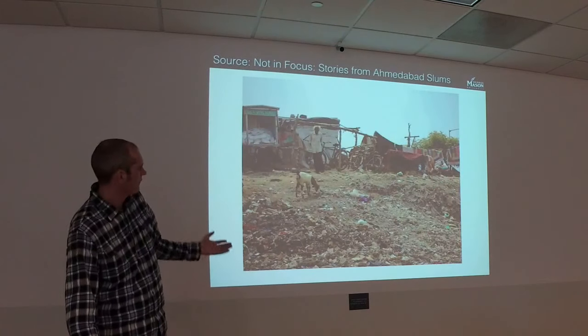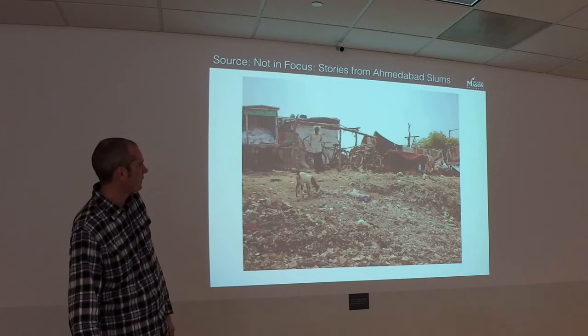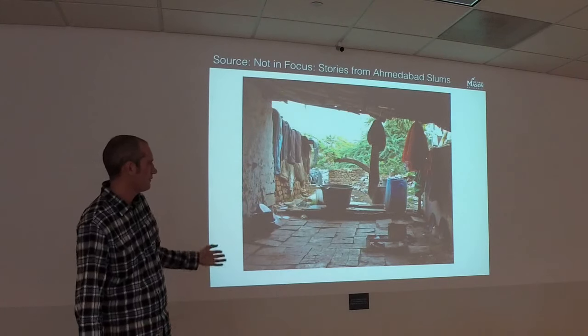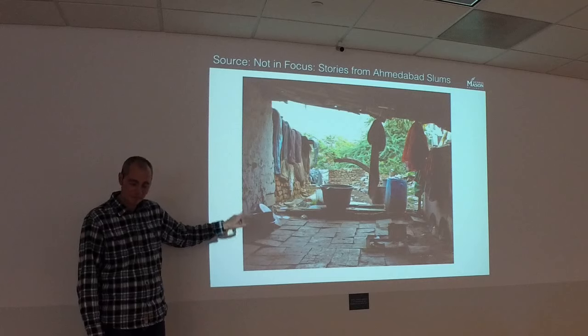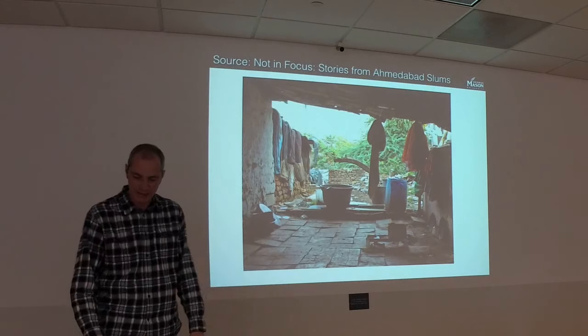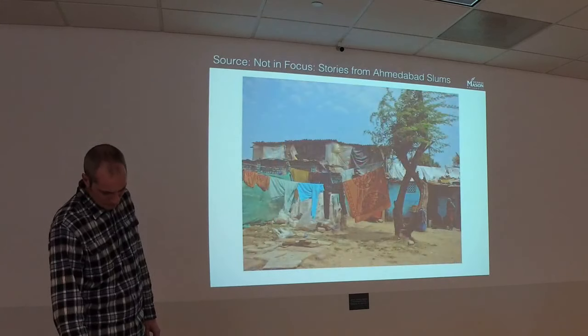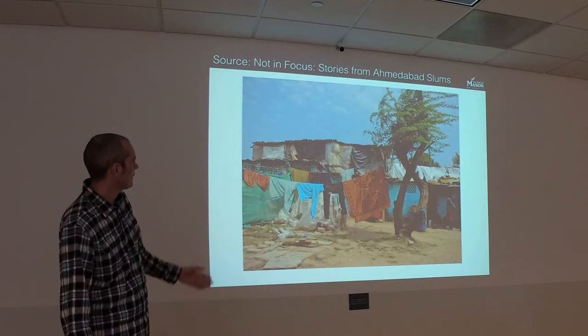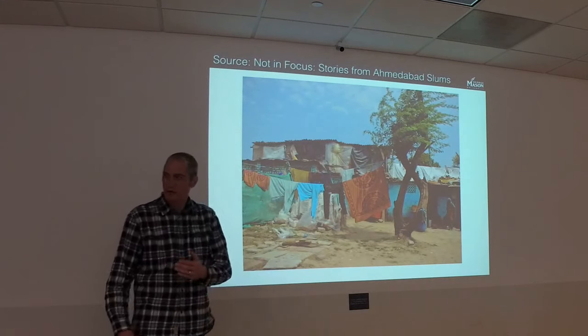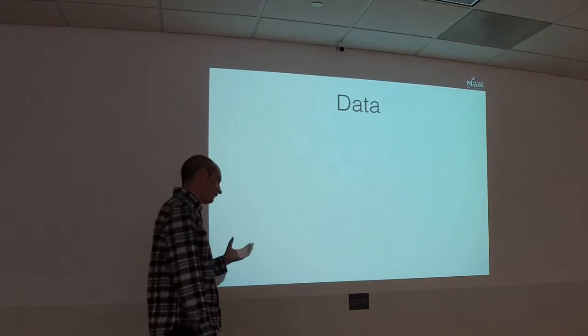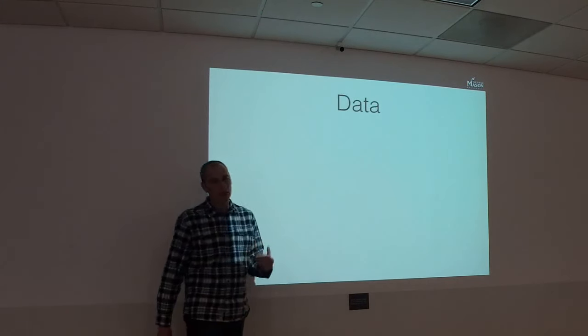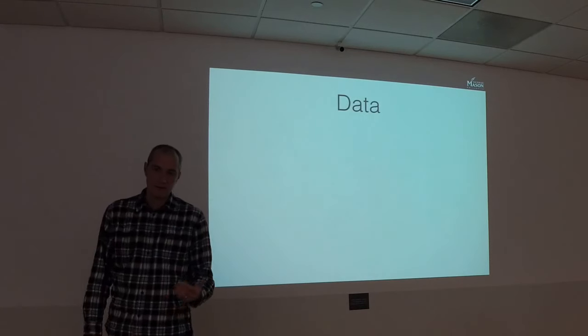People live in them. Crowding. This gives you a sense of what slums look like. I didn't really get a sense of this until I was working with Nick Patel, who actually took these photos of the slums in Ahmedabad in India. But here again, different roof structure. From a remote sensing point of view, that makes it tricky to monitor. But the first part of this talk is all about data. How can we use data for looking at slums?